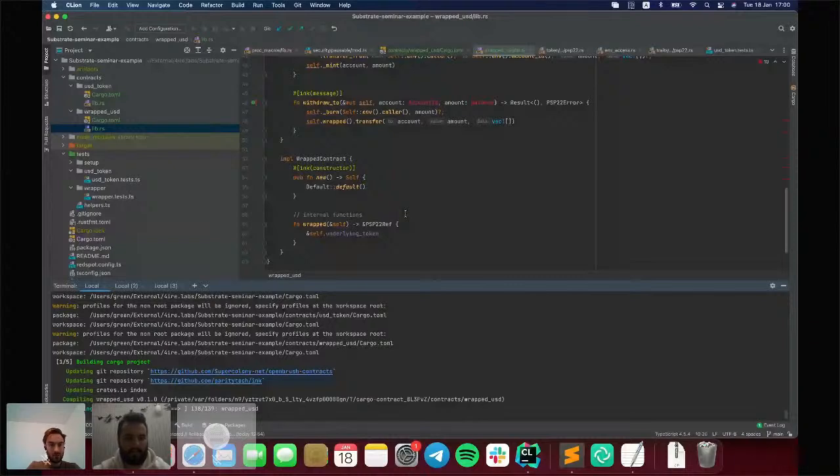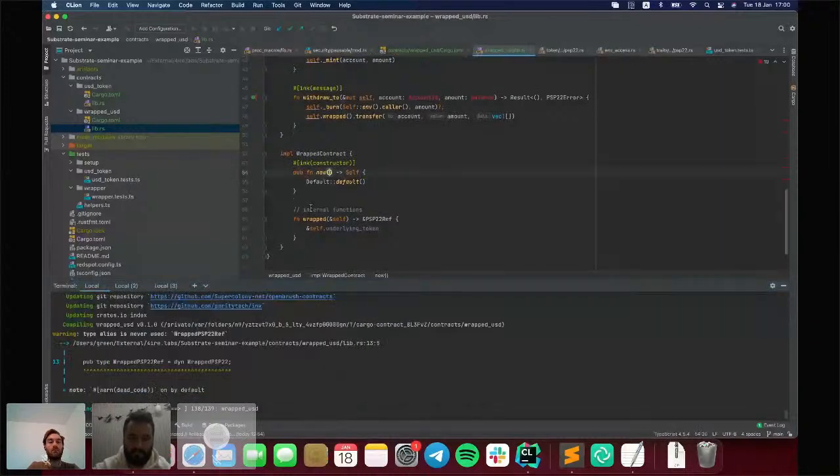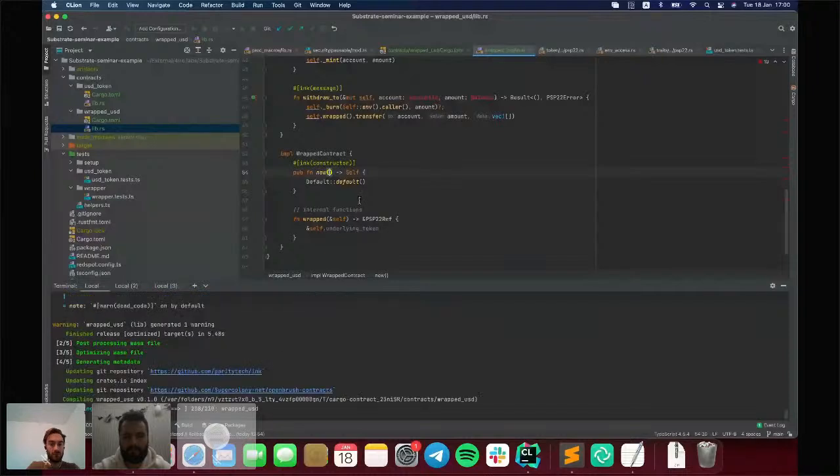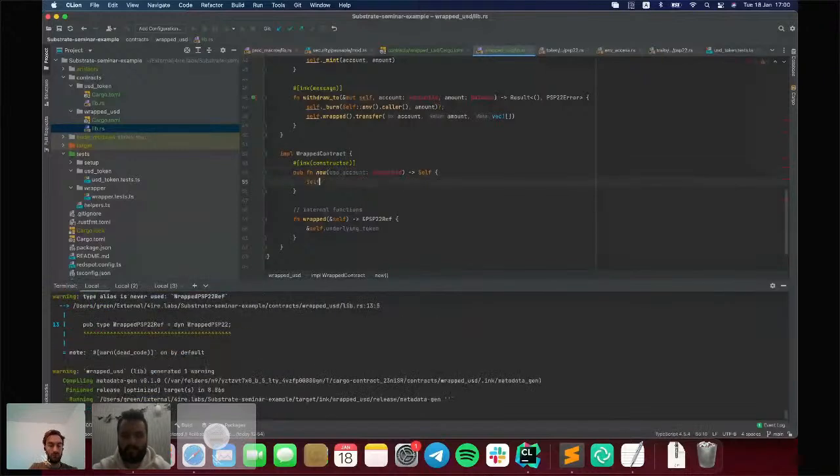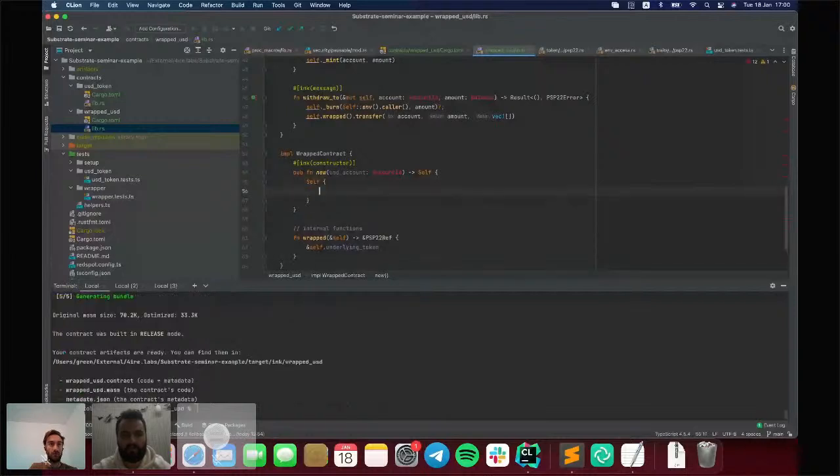Yeah, USD account ID. So self PSP22 default, and the underlying token is the account. Yeah, now it should be more correct.